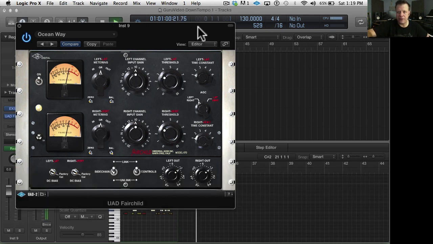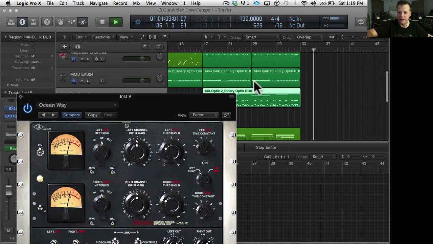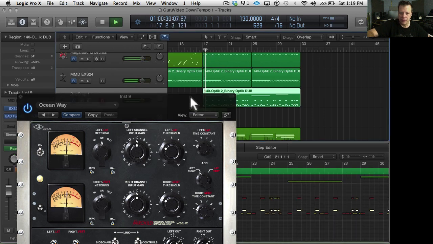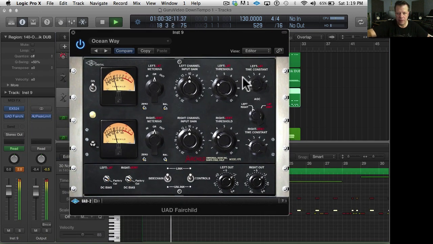Yeah, it's fun, a cool setting for the Fairchild. Love this effect. Cool, got a little ducking to it.